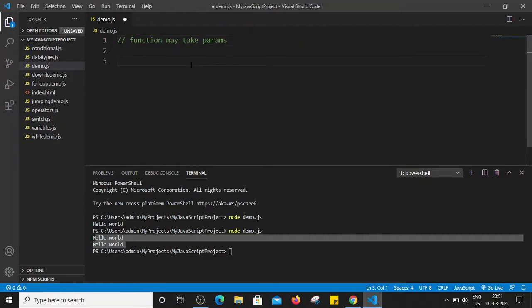I'm just going to create one function, let's name it multiplyNums. This is the name of my function. Here we are going to pass two parameters or two arguments, x and y.